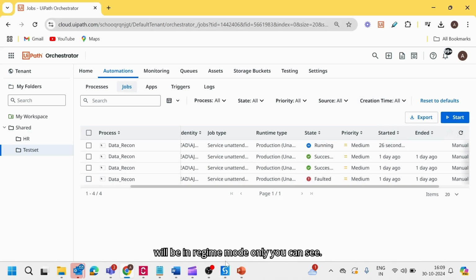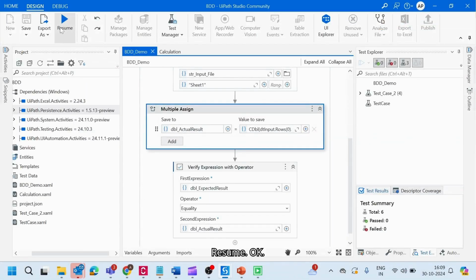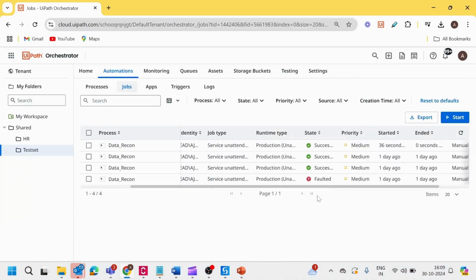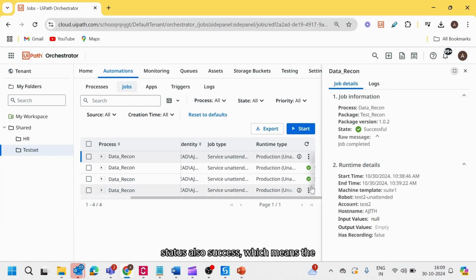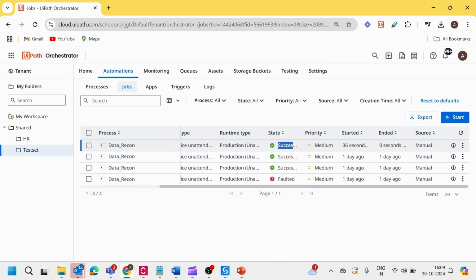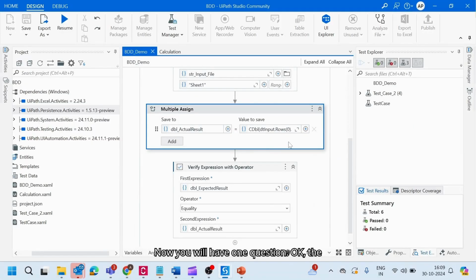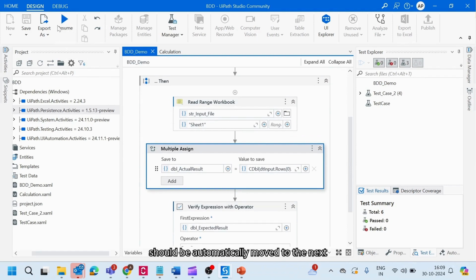Okay, it is still running. Until it is in resume mode only. You can see resume. Okay, yeah. Now the execution got completed. Status also success, which means the output summary has been created successfully. Now you will have one question. Okay, the execution has been completed, then it should automatically move to the next stage, right? But this activity, you can see,